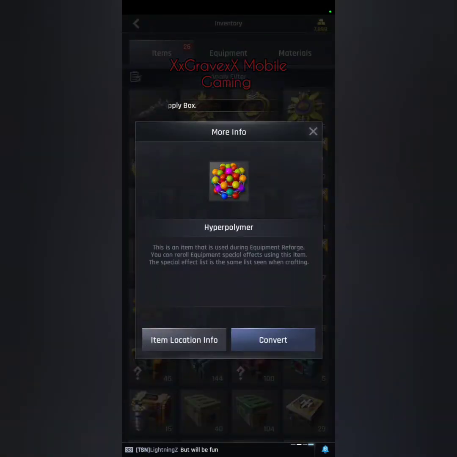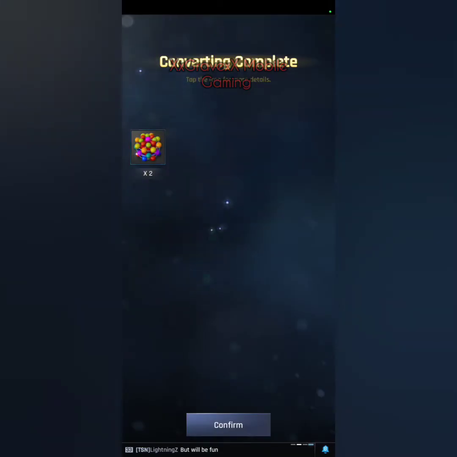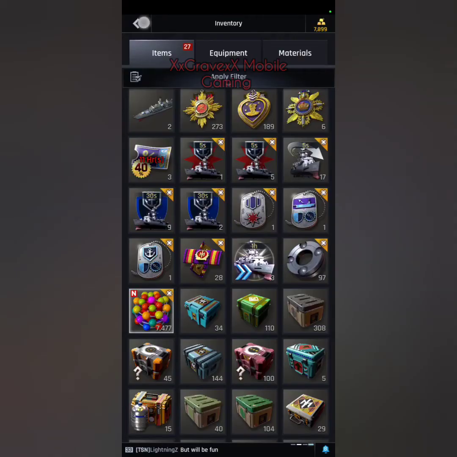Hyperpolymer, I made a video about this, so I'll be quick about it. Hyperpolymer is used to redo the substats on your equipment. I would save it for legendary. You can use it on your epic or rare if you need to, because that's all you have at the time, fine. But this is very important as well. You need as many of these as possible. And the way you would do that would be,